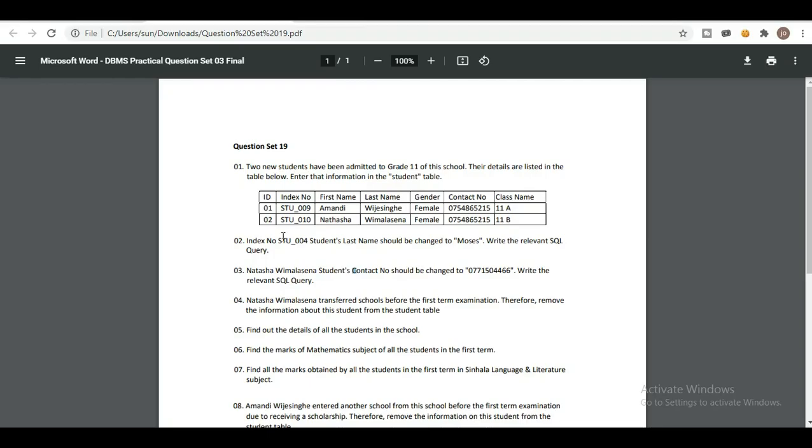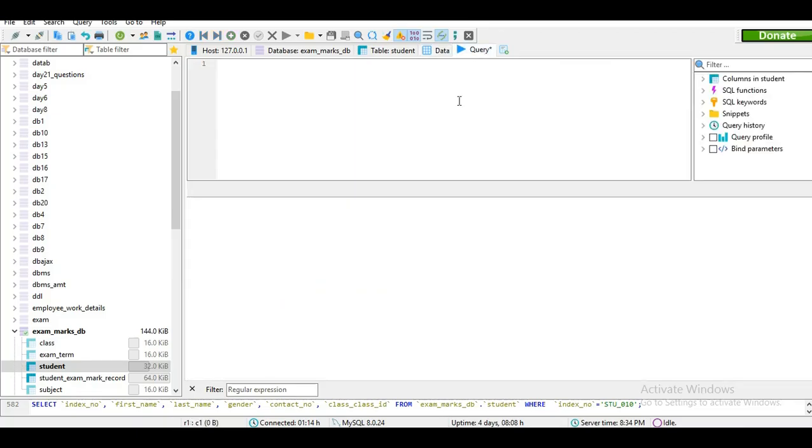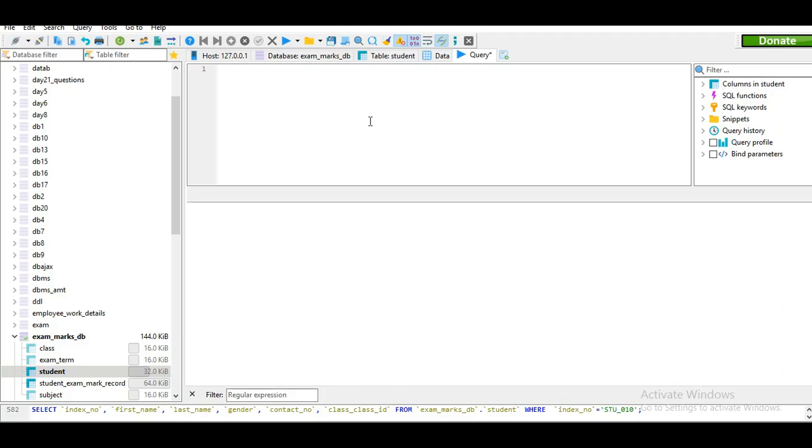Now in the second question I've been told that the last name of the student with this index number should be changed to Moses, and I've been told to write the relevant SQL query for that. So I need to go to the query section and type in an update query. First of all I need to type in update, and now I need to tell which table I'm going to update. In this case I need to update the student table, student, and now I need to type in set,